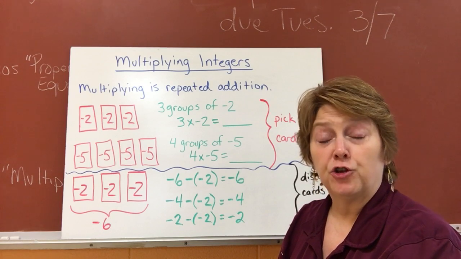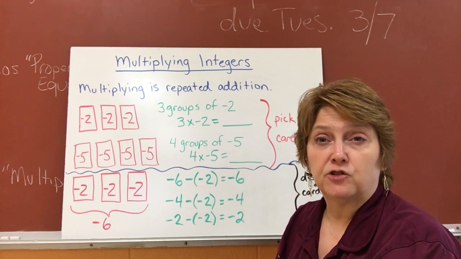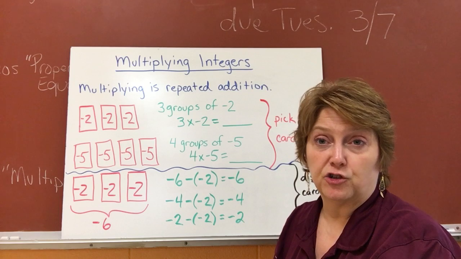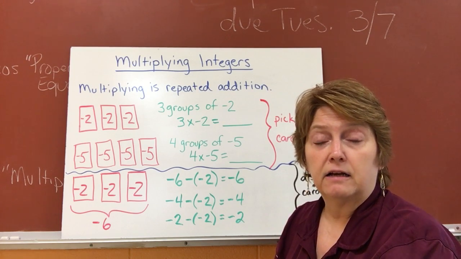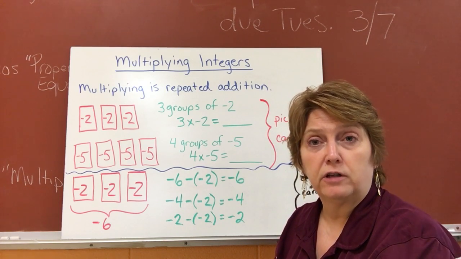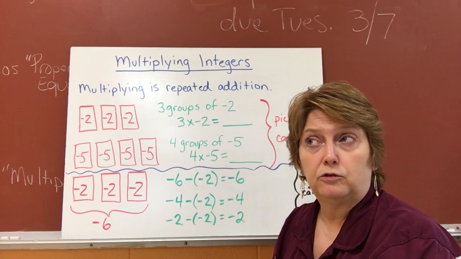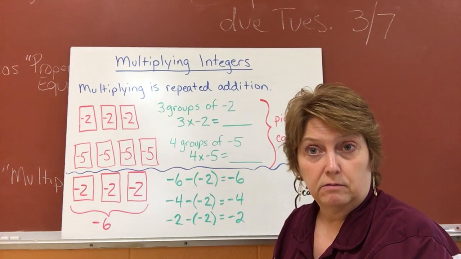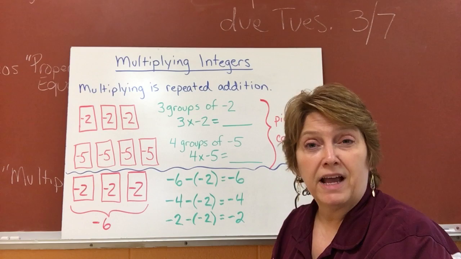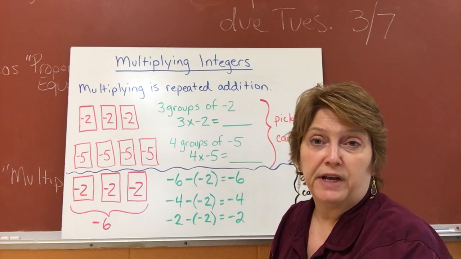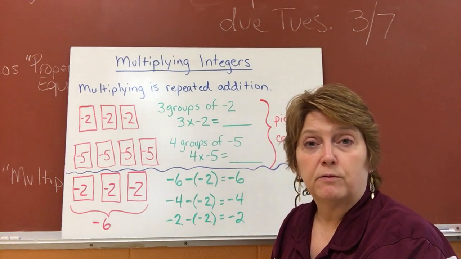What I need you to know or remember is that multiplying is just repeated addition. So if we take two groups of three, we're actually taking 3 plus 3, okay? So knowing that multiplication is repeated addition, we can do the same thing when we do